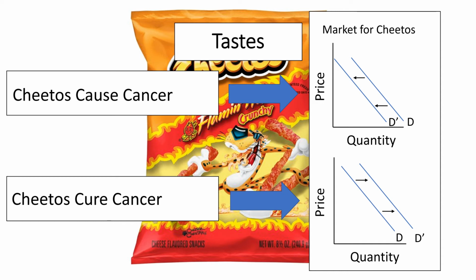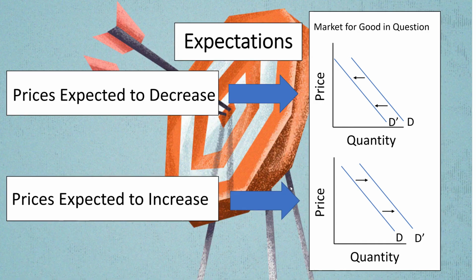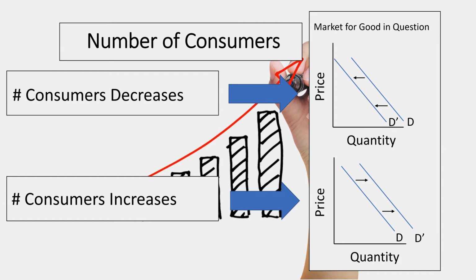If there is a favorable change in taste, for example, if people like Cheetos more because they are found to cure cancer, demand shifts right. If, on the other hand, Cheetos are found to cause cancer, demand shifts left. Expectations influence demand. If consumers expect a good to become more expensive in the future, they will demand more of the good now to get lower prices. Conversely, if consumers expect that a good will become cheaper in the future, they will demand less now and instead hold out for lower prices. In addition, an increase in the number of consumers will increase demand, while a decrease in the number of consumers